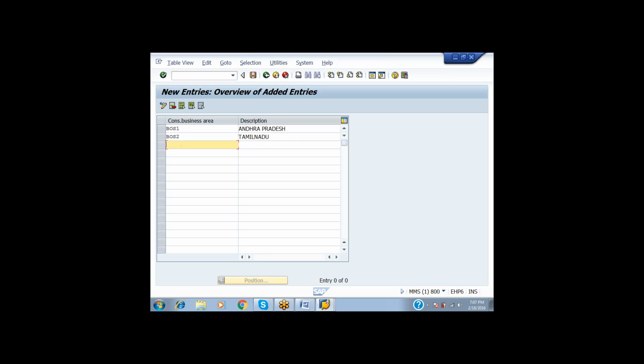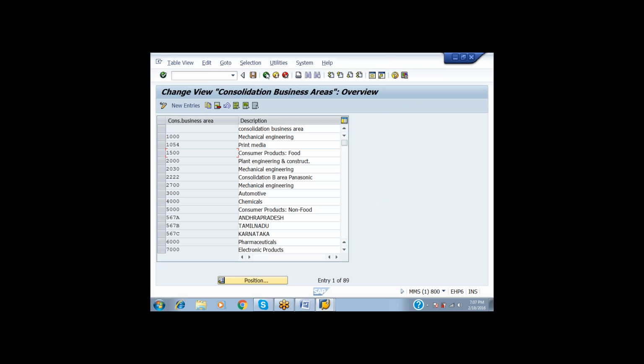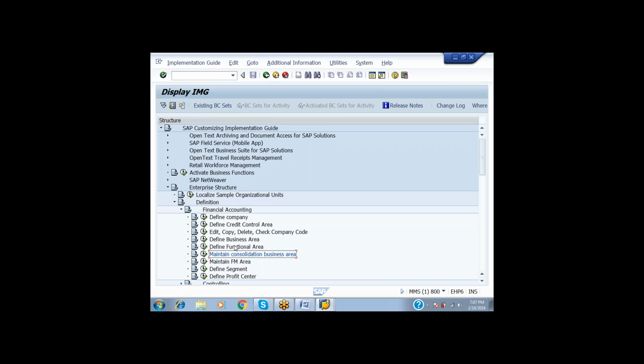And BOS3, Karnataka, and then save. This is what we can call consolidation business areas. I have the 3 state offices, and after completing this, I have to go for the business areas.